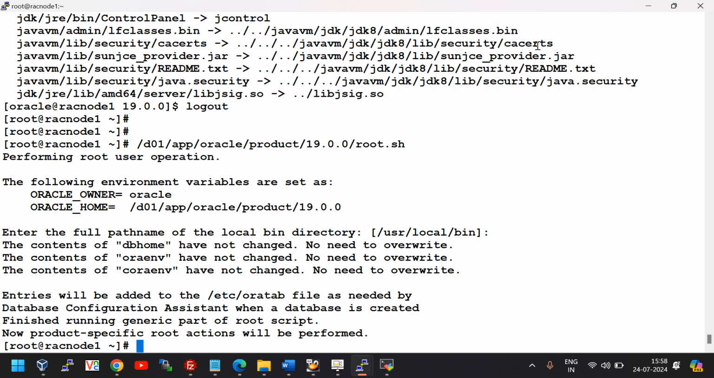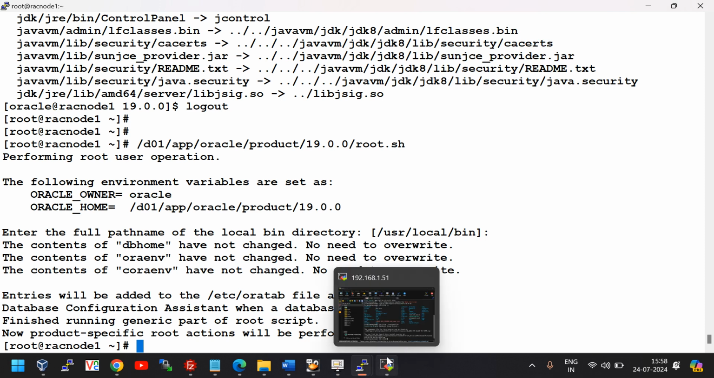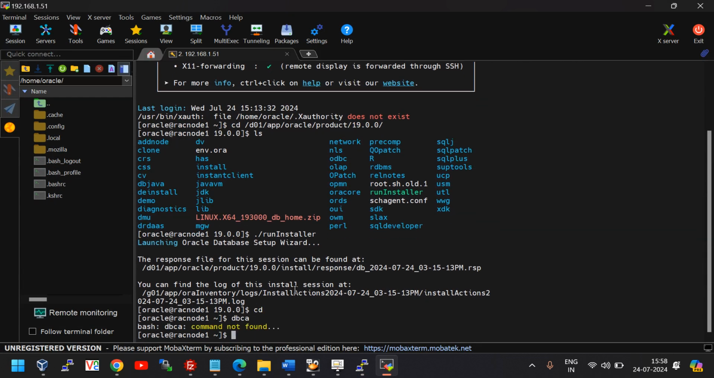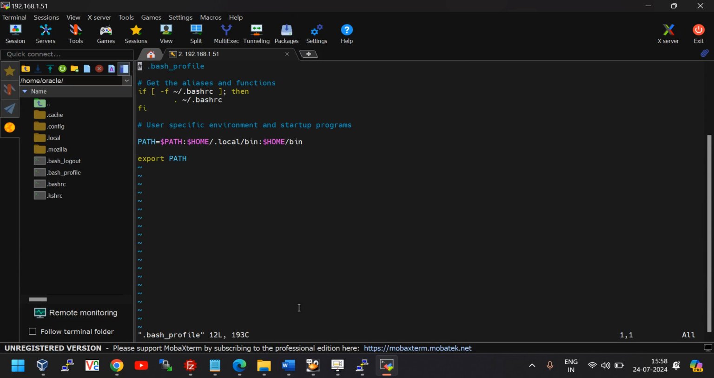So now we need to create the database, right? So to run the DBCA, what we need to do? Vi dot dash underscore profile. So shift G, O, export ORACLE_HOME equal to D01 app Oracle product 0.0, and then export PATH equal to